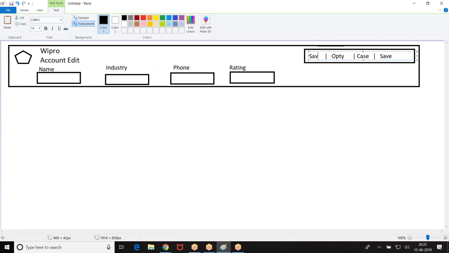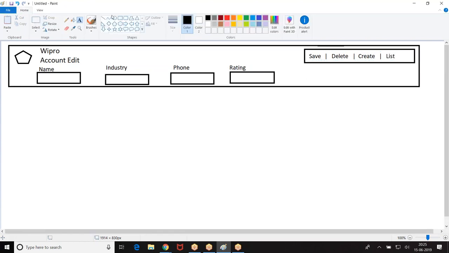I can give it this. I was supposed to get the data like this.